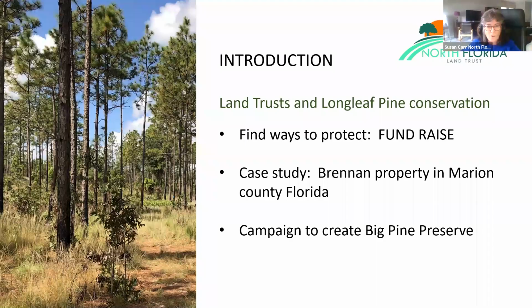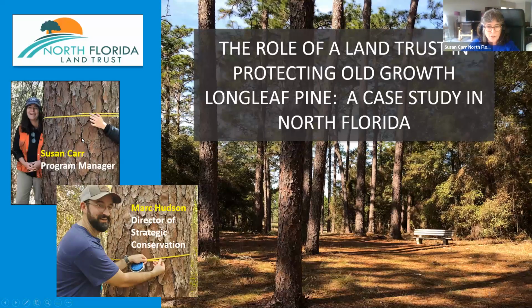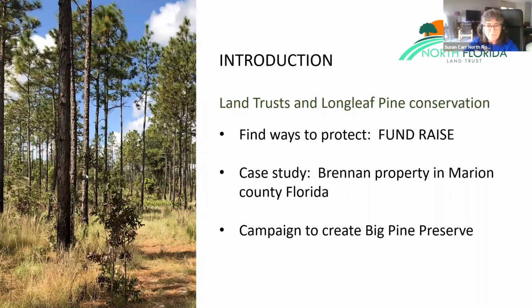Talk about the role of land trusts in longleaf pine conservation, but then I'm going to really tell the story about this one property that we're working on. So if you saw Big Pine Preserve in some title, you're in the right place. So land trusts have a significant role in longleaf pine conservation in the Southeast and particularly